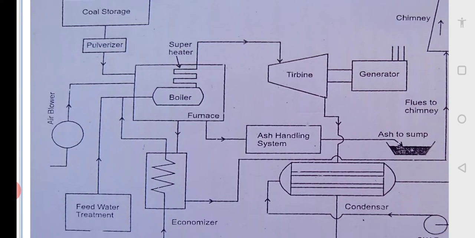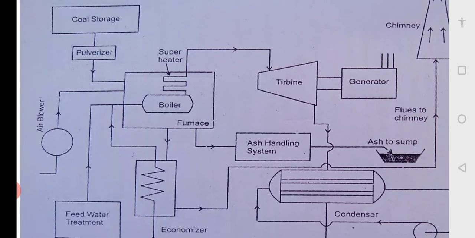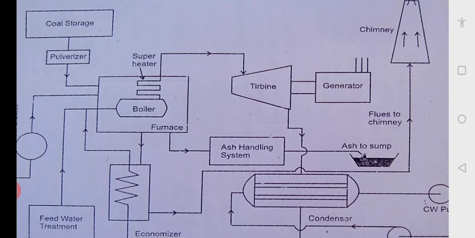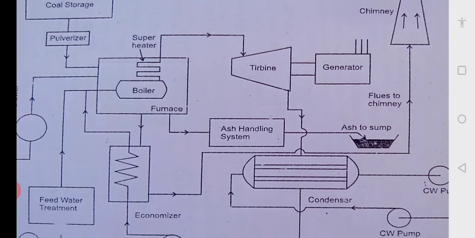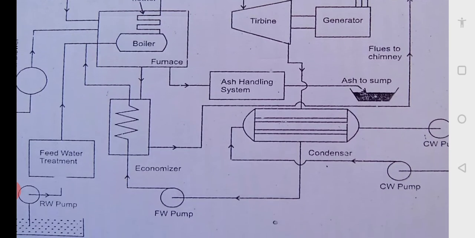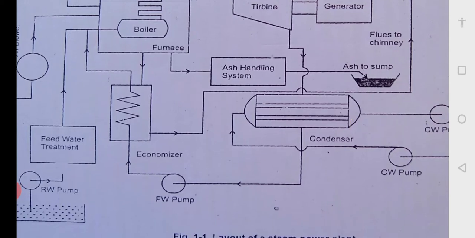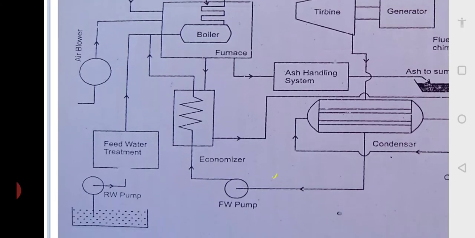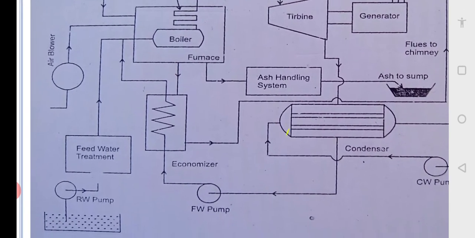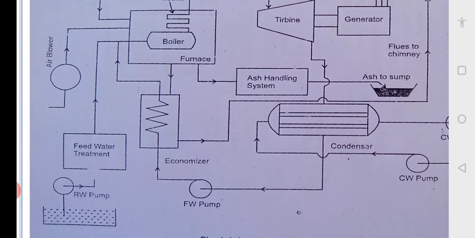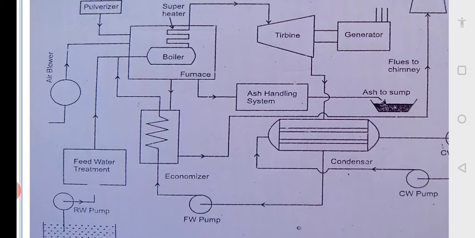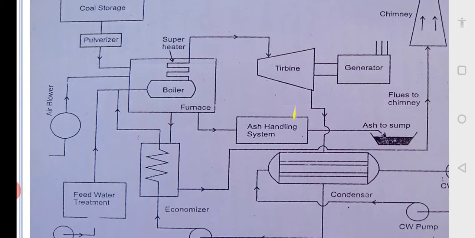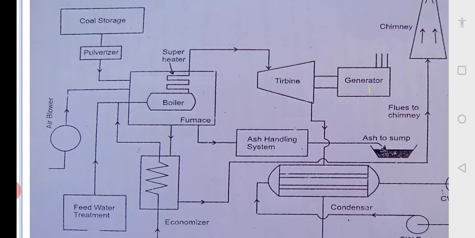And from the boiler you can see the steam going up. There is a superheater and the steam goes up to the turbine, and a generator is coupled to the turbine, and the exhaust from the turbine comes to the condenser, and from there it comes to the pump and is sent back to the boiler through the economizer. Okay, and for any reduction in water, there will be make-up water. It is not raw water, but treated, demineralized water that is sent back to the boiler, so that scale formation does not take place.